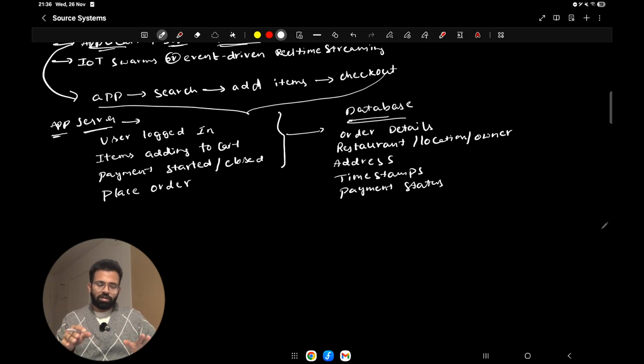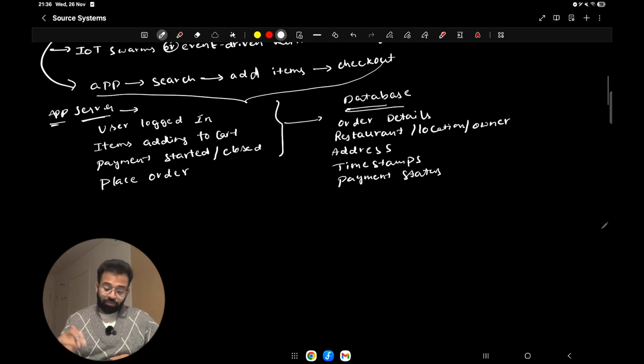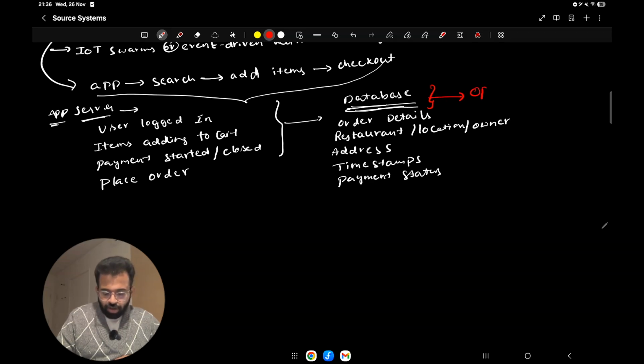Or not just to complete the transaction, it will store all details that are related to the transaction. Now one more important thing I will say here. Here we are calling this thing a database, and this is the database that people normally call the operational database. Here I am introducing one new term, and this is actually really important.